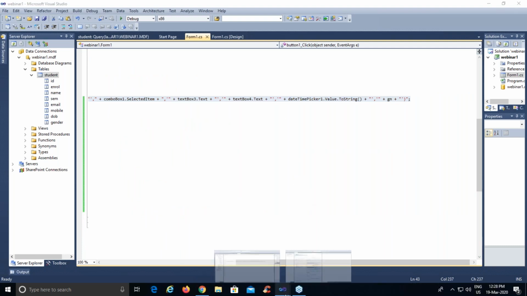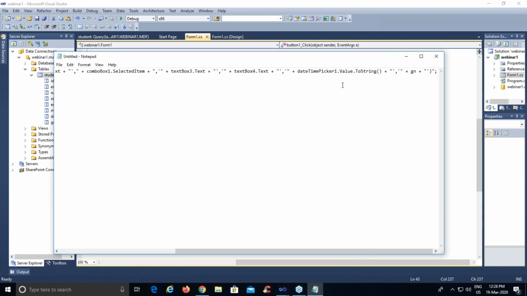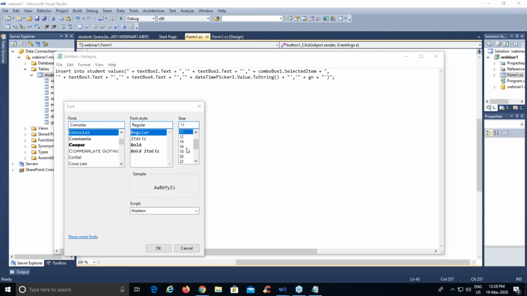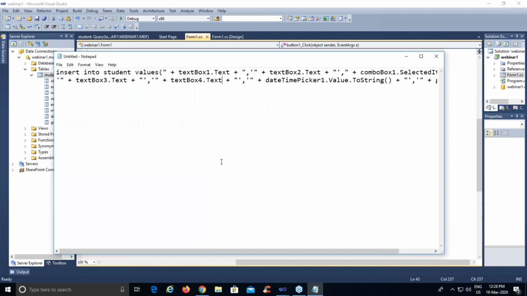It's very long. I'm breaking it at some parts so that you can see how it is being written. I think it is visible to everyone.